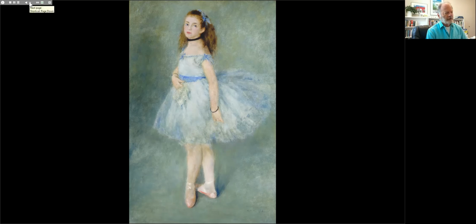You've already seen examples of paintings of the ballet by Degas. What a difference between the two, where Degas was really interested in movement and in the strain and stress on the body, and depicted dancers from oblique points of view, elevated points of view, often truncated by the frame or other dancers. Here, Renoir shows us in a much more traditional way, a single figure standing, posing, aware of a viewer, as opposed to absorbed in her activity.